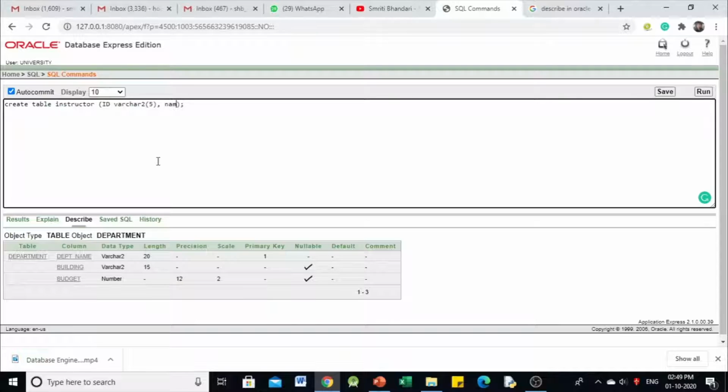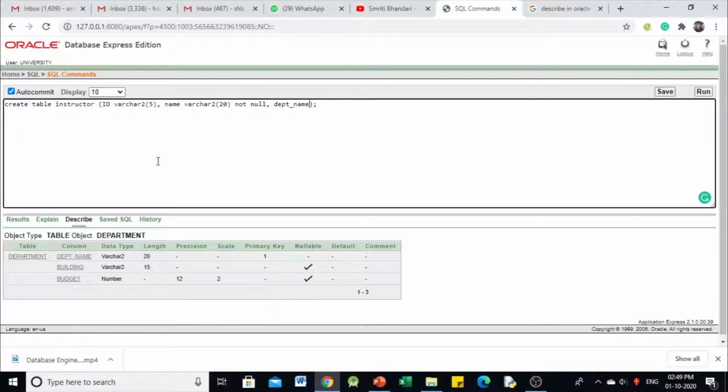Then name of the instructor is once again varchar2 with size 20, and we want to provide here one constraint, and that constraint is we do not want name of the instructor to be null, and that is why we are providing here the constraint not null for attribute name.